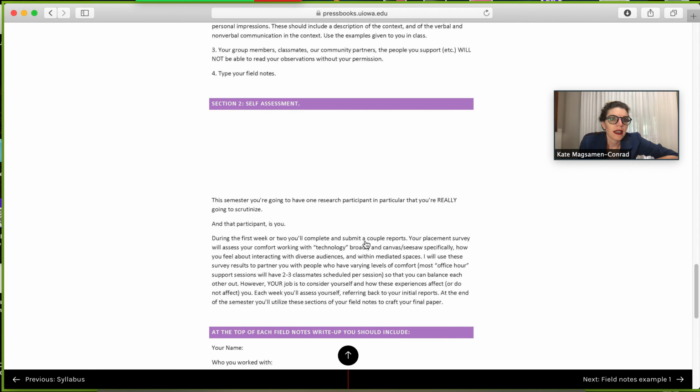There's a general format for the top of the field notes so that they're all consistent and we all know exactly what they refer to. You would write in your name, who you worked with. First couple of weeks of class, you would talk about the community partners that came and zoomed into class, date and time. This date and time of field note completion,